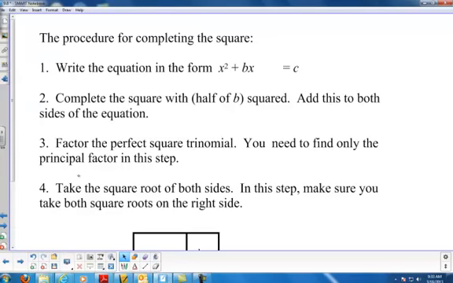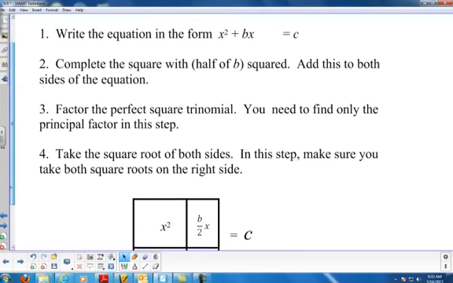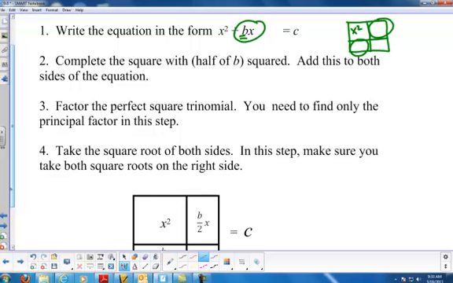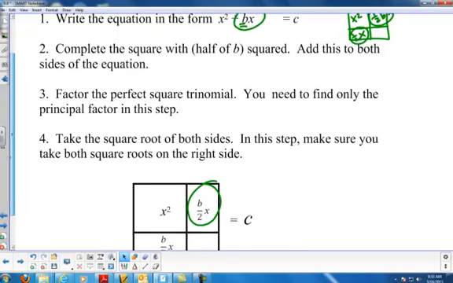All right, so we're going to write the equation. Whatever this number is, we need to take half of it because in our box, this is our x squared, and then these two sections are equal and they add up to this. So it's half of b. Half of b is written that way, or as it is down at the bottom where I circled. Once you find that,